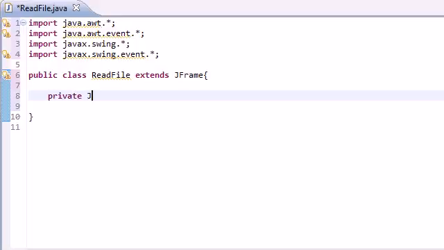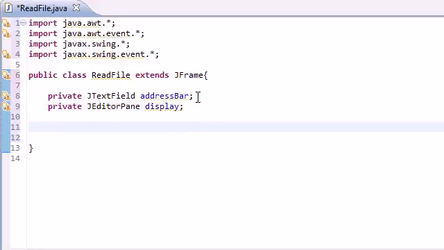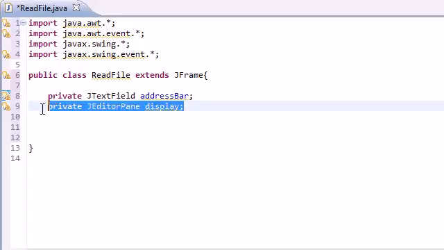So private J text field, and I'll just name this address bar. Now the main display window is actually going to be a J editor pane. So private editor pane, and I'll just name this display. So remember, we're going to be typing in the URL, such as thenewboston.com right here, and it's going to display